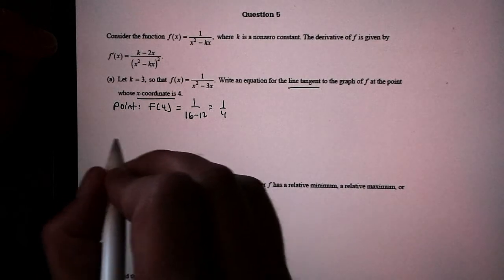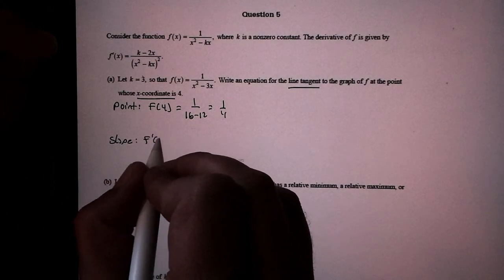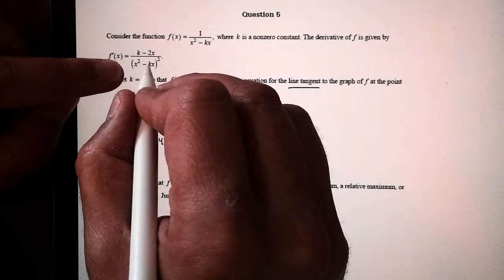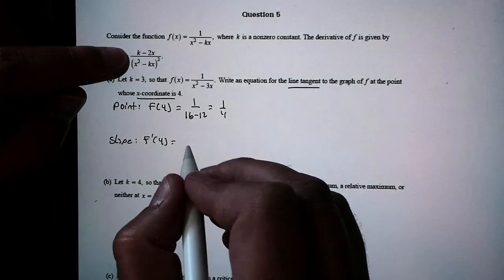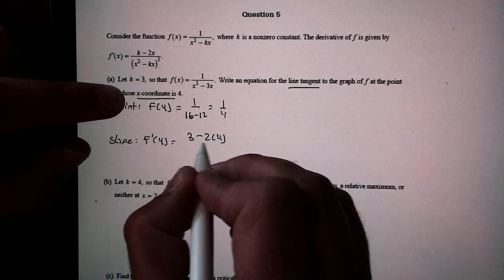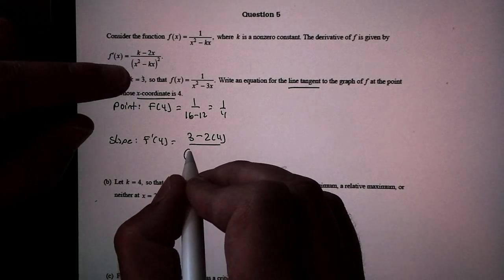We need our derivative, our slope, f prime of 4. I'm going to plug it in. Now you got to remember, you got to plug your k back in, so they already gave me the derivative. I just got to plug k in. So this is going to become 3 times 2x is 4 over 4 squared, which is 4 squared and 16